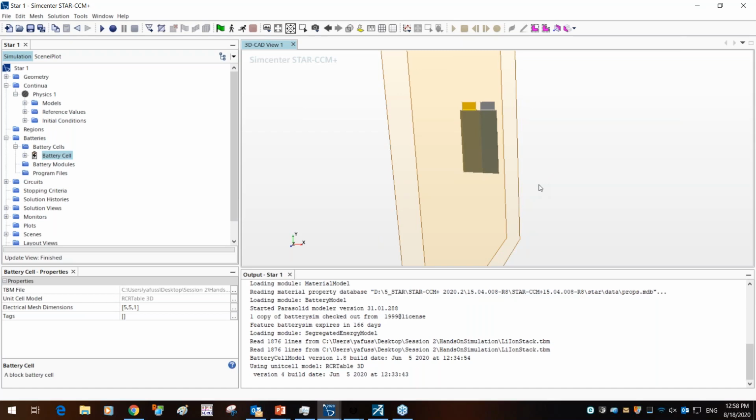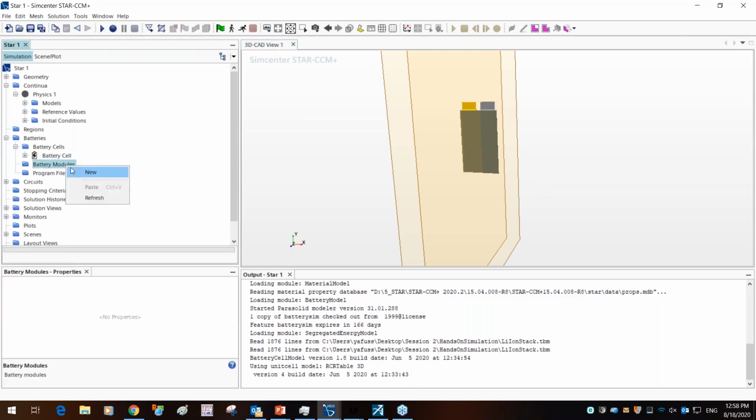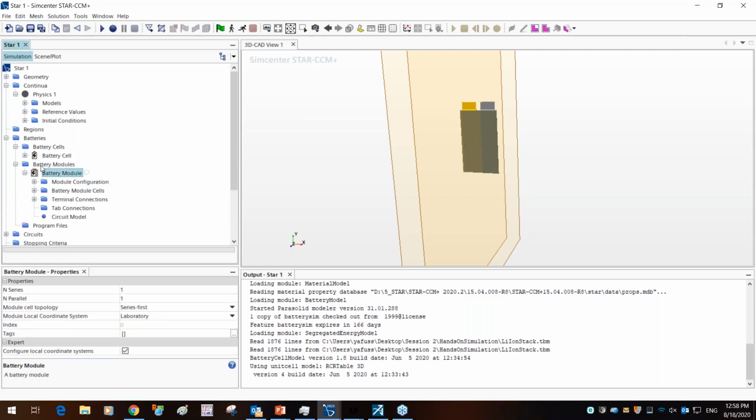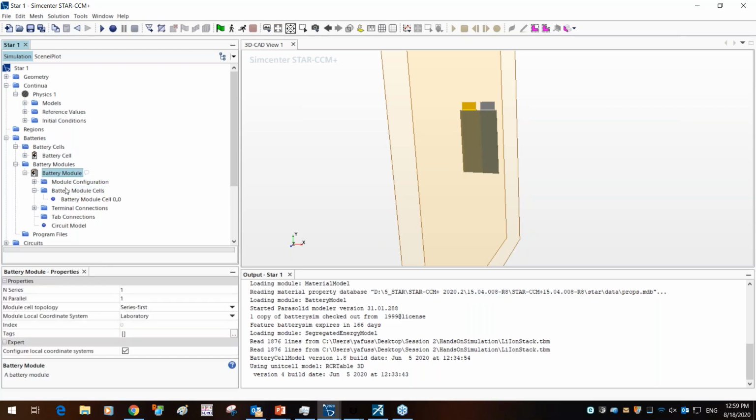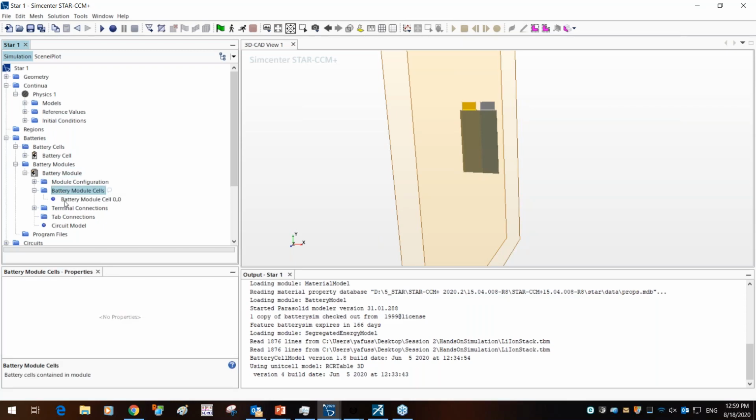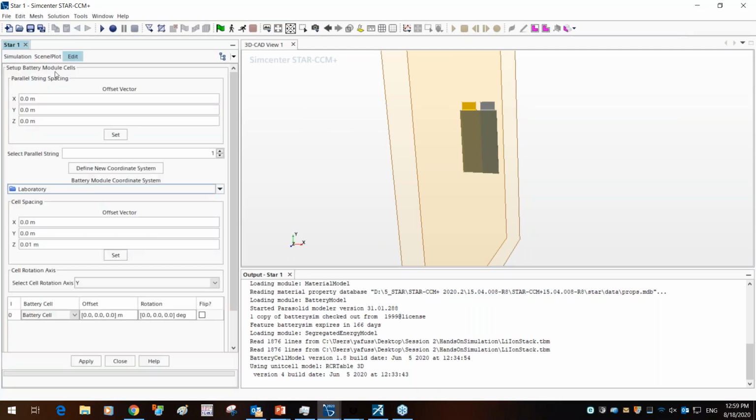Now, in this simulation, we're only going to create one cell, and to do that, we're going to create a new battery module. Once you click new battery module, you can select the number of batteries you want in parallel and in series. As I mentioned, we're only going to do one cell, but once you've selected a given configuration, you can right-click the battery module cell and set up the battery module cell spacing.